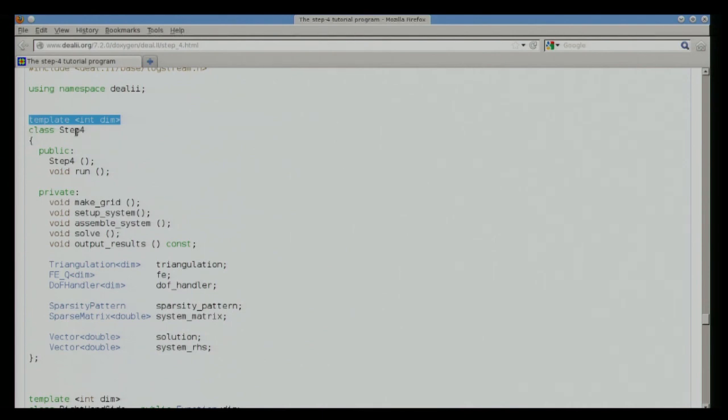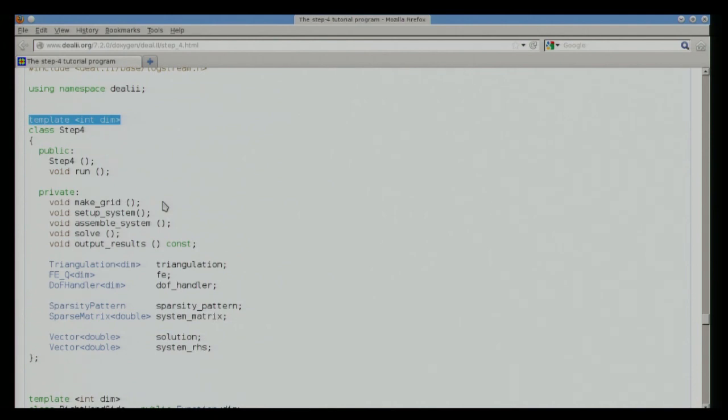So if somebody told me what dim was, for example, if dim equals 2, then the compiler knows how to create a class out of this template by replacing dim by 2 everywhere in these member variables and in the member functions. Okay? So every one of these member functions will have to be created out of a template where we replace all occurrences of dim by 2 or by 3 or whatever